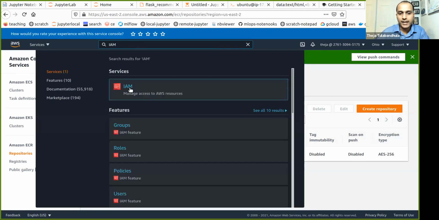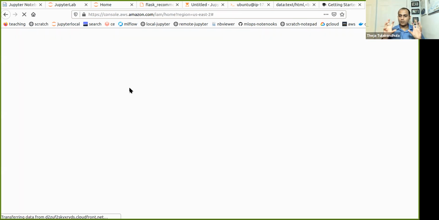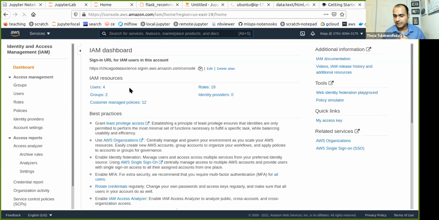Okay, so IAM just stands for Identity and Access Management. So we just need to touch three different services overall. ECR, which is the place where we'll dump our image. ECS, which is the container service, which lets us run this container in a fault tolerant, scalable way, and all that stuff. And the third thing is Identity and Access Management, which is specific to your full AWS account. It lets you create programmatic users.